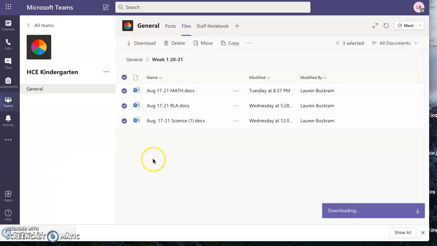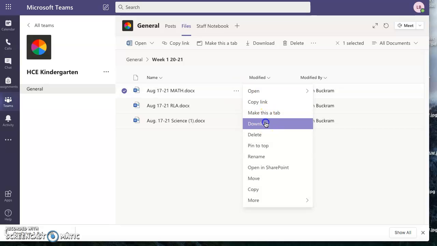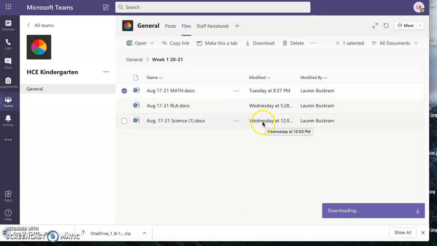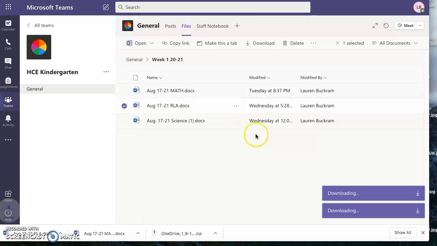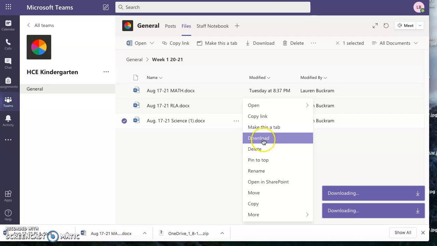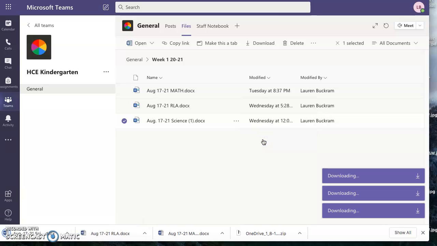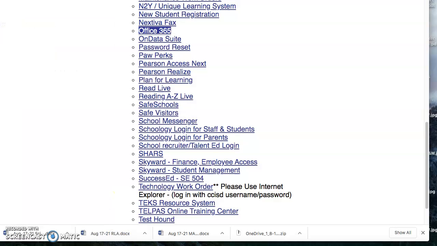Oh, I guess you know what? That's right. You have to download them individually because if not, they download in a zip file. So you're going to download each individual one. You click the little dots on the side and click download. Dots on the side, download. And then once you have them downloaded onto your computer, you're going to go back to